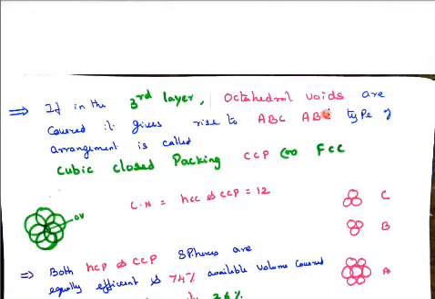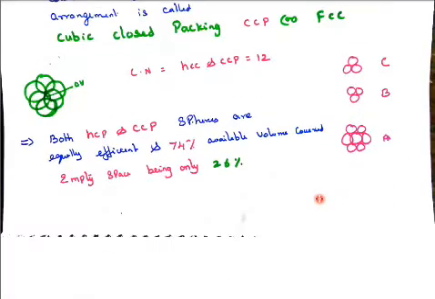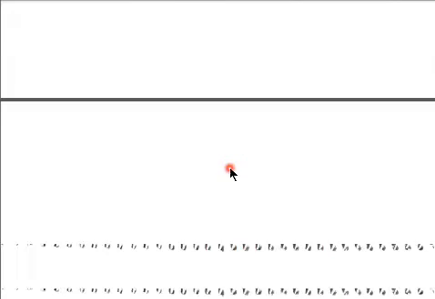Next, if the third layer is placed over the octahedral voids, it gives rise to ABC type. Here there are 6 atoms, and 3 atoms, 1 atom down, 1 atom on top. So this is called A, B and C type. This is called ABC type. Here 6 atoms are in contact and it produces the octahedral void. The coordination number is 12, double that of the earlier one. It occupies 74% of the space, but it has empty space of 100 minus 74, which is 26%.